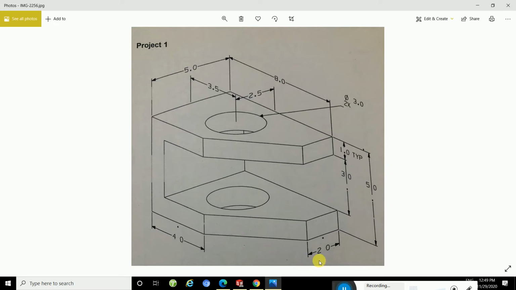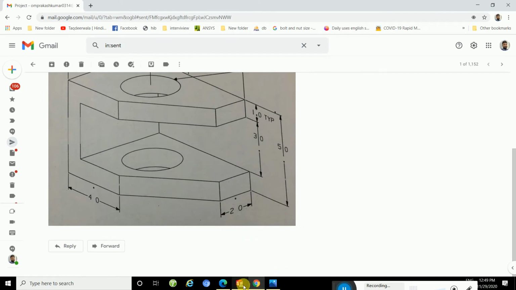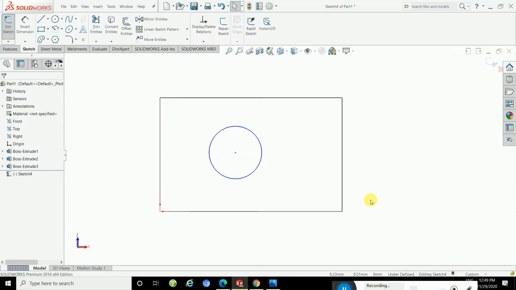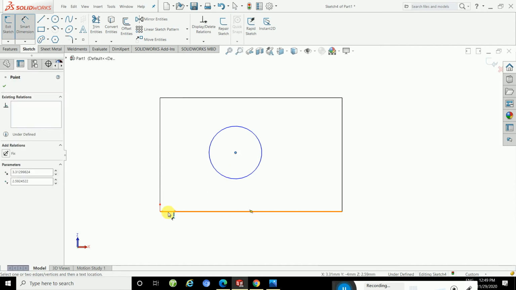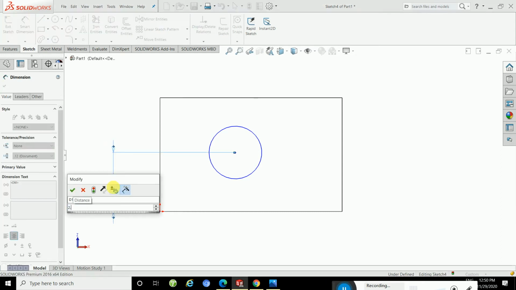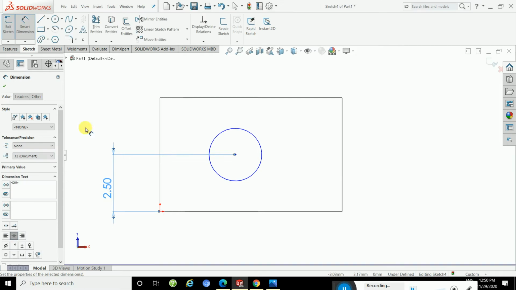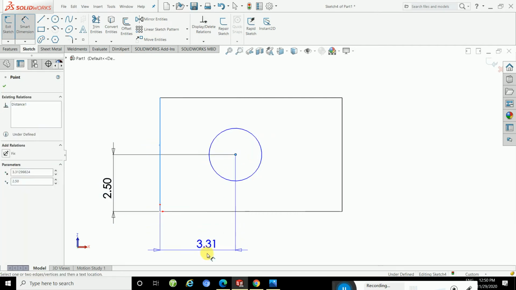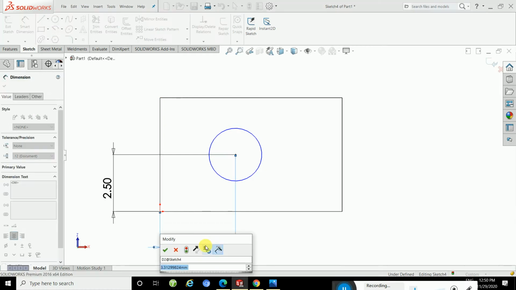Okay, so here you will apply the y direction as 2.5. Okay, put this value 2.5 and then the next direction is 3.5. So apply 3.5.